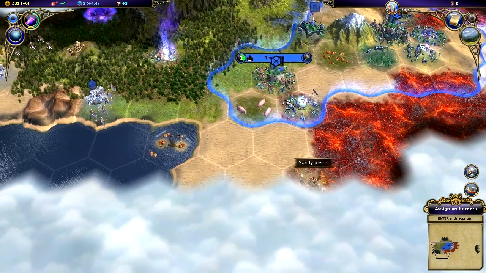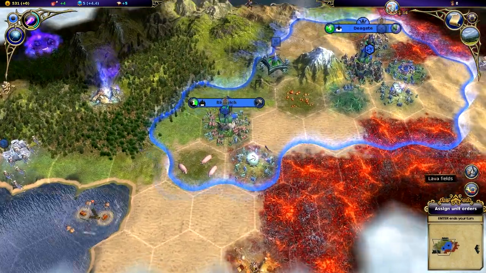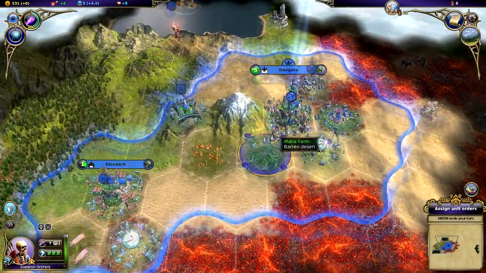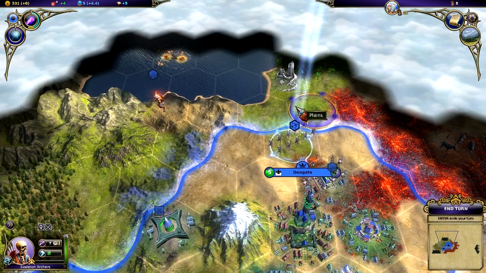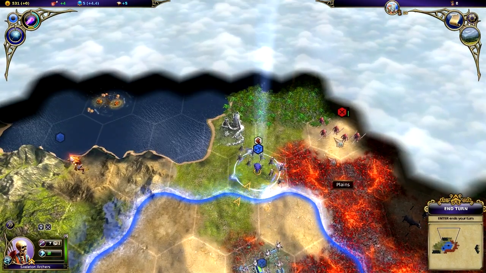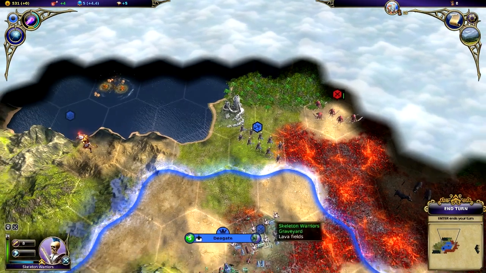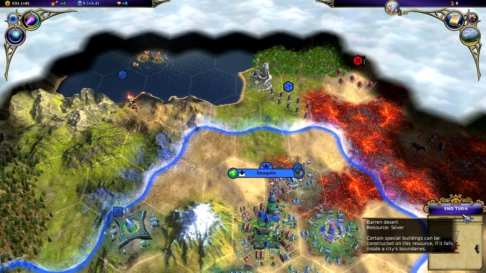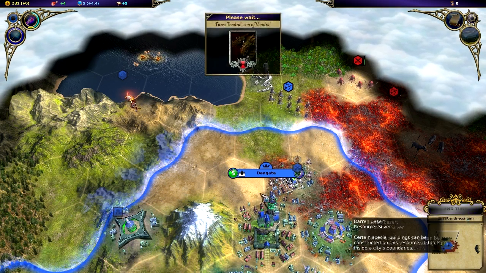If these guys can reach, nope, they can't, so they'll rest. We have our new archers, and I'll send them up as well to scout, just to take a look. There's my rival. We're not at war yet, so he's not going to want anything. And I'm not going to be too aggressive early on, just to give me a little bit extra time. We'll see what he does, though,